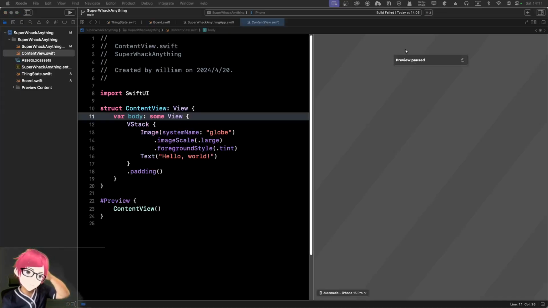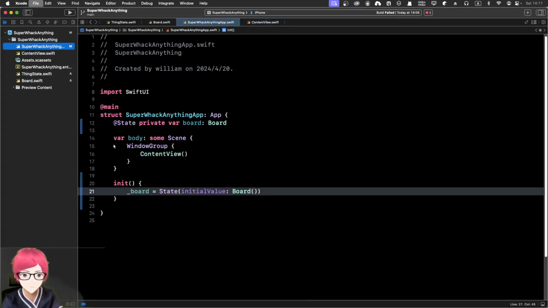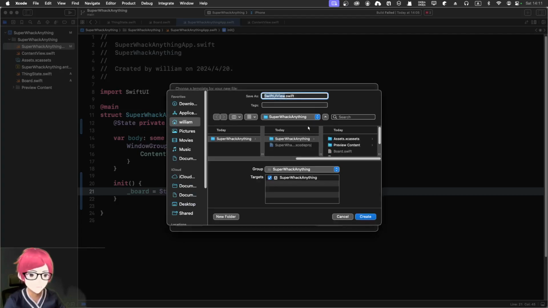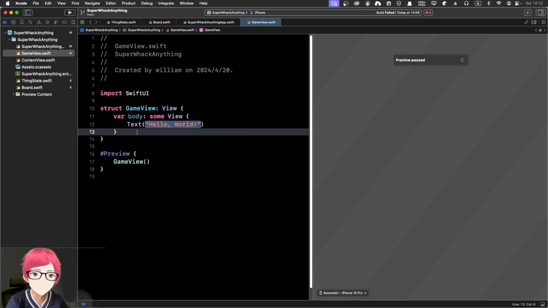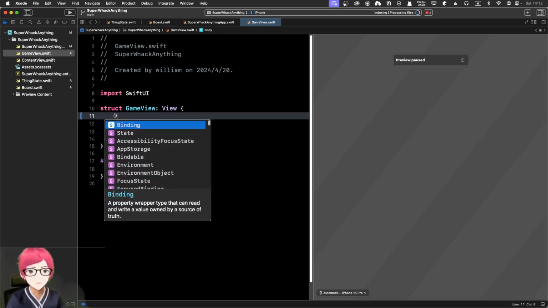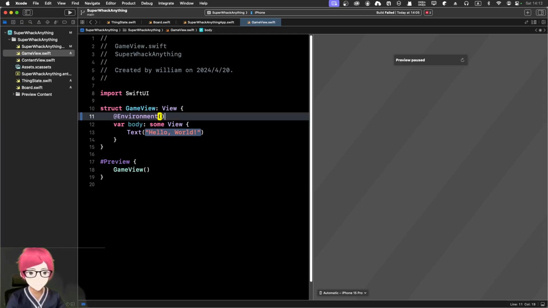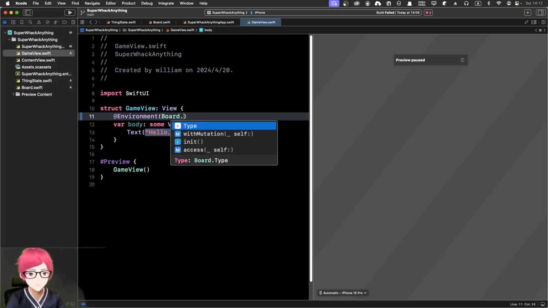And we can sort of make a placeholder of a game. So let me just create another file called the GameView. Okay, so basically the GameView, as the name suggests, will just give you the game. So we have to inject the environment here. Environment, we're going to pass the board. Okay, board itself,